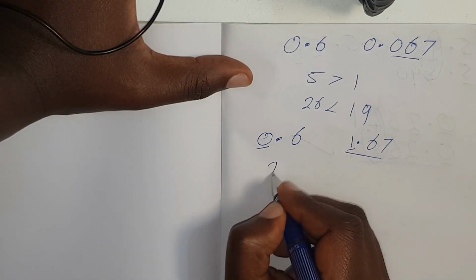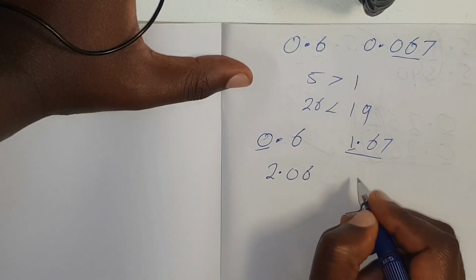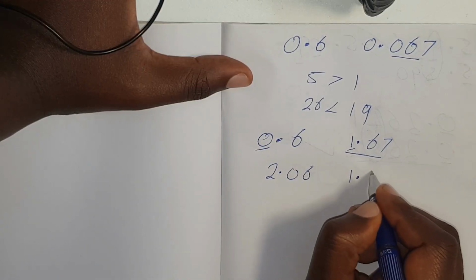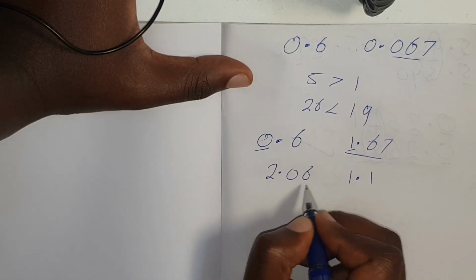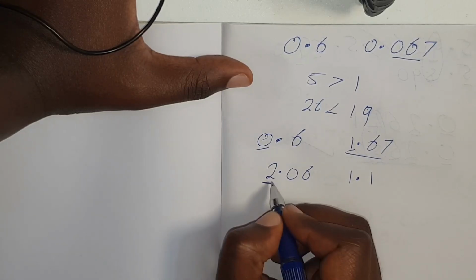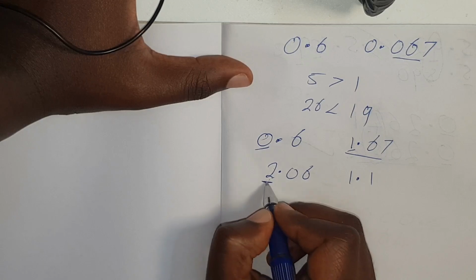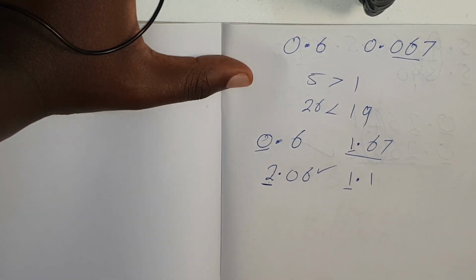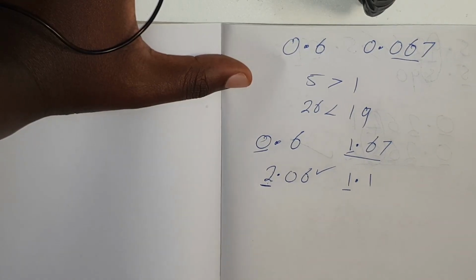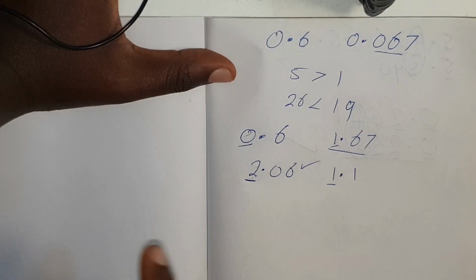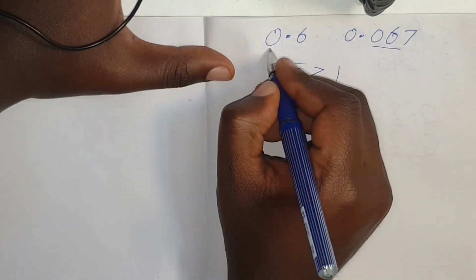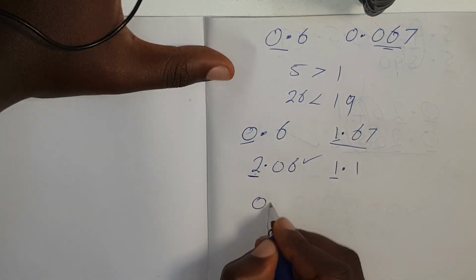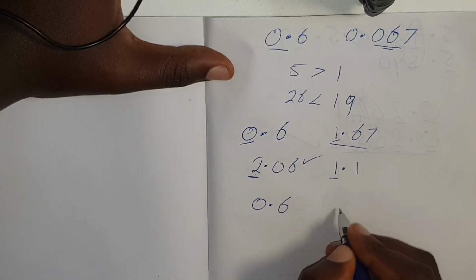Or if you have 2.06 and, let's say, 1. Again, 2.06 is the larger number because the whole number 2 here is bigger than the 1 here. But the problem sets in when the whole number is similar. So let's go back to this example. We have 0.6 and